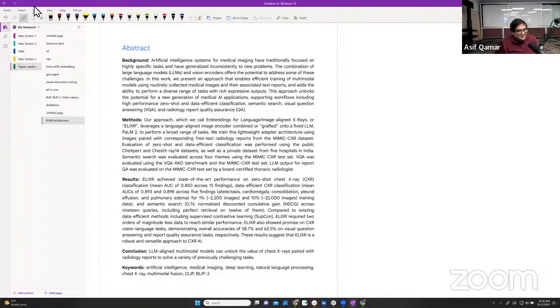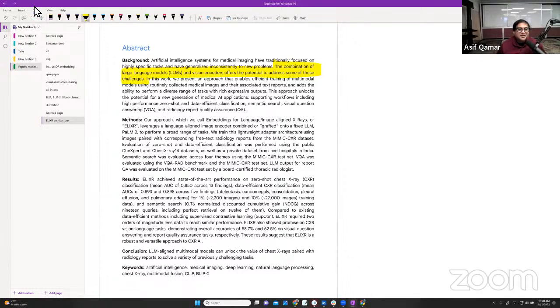And in a way, I apologize to those of you who are new or who are not part of the study circle, but I hope it would still make sense if you are familiar with those neural architectures. We'll very briefly cover those architectures. So the preface or the background here, you would resonate with very much. The statement is the combination of large language models and visual encoders offers the potential to address some of these challenges. Right? This sentence. And then, in this work, we present an approach that enables efficient training of multimodal models